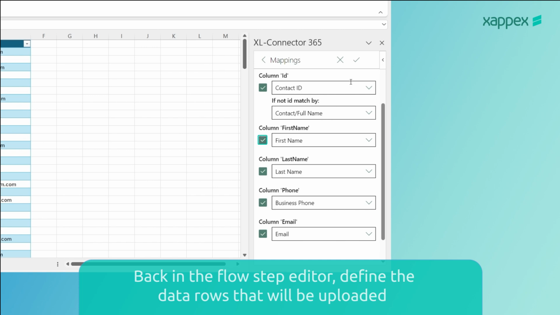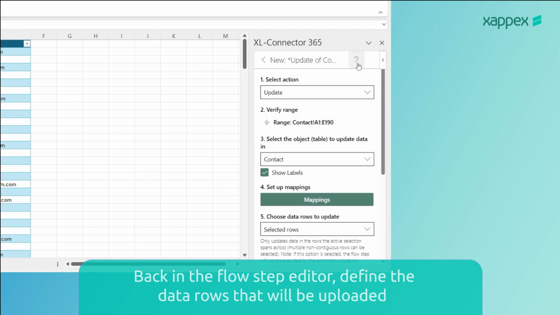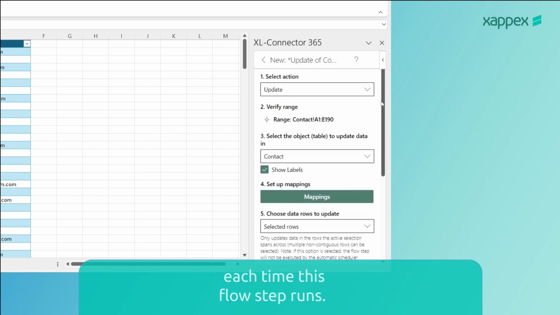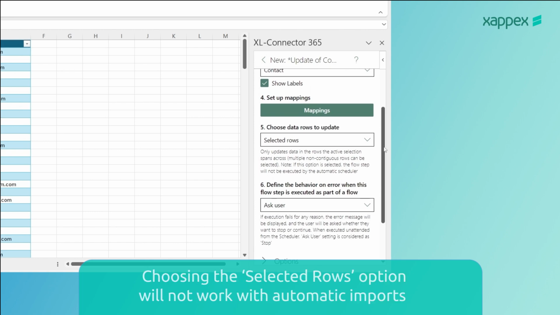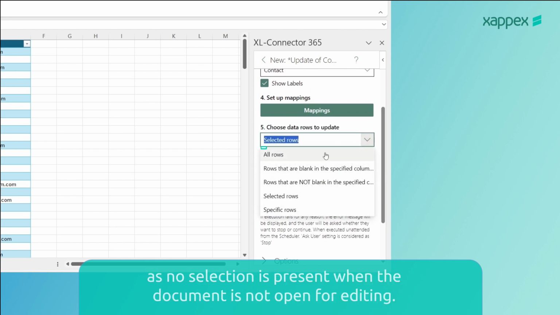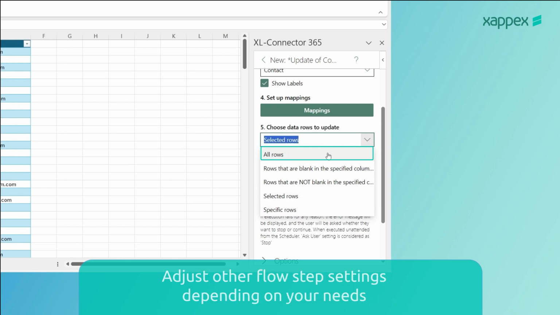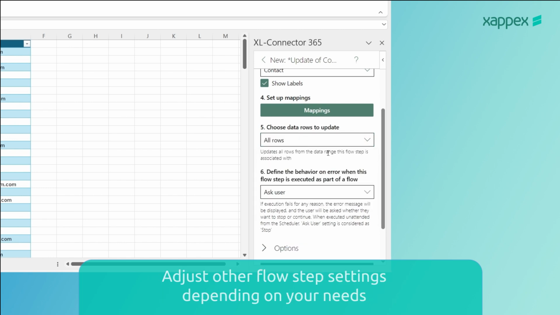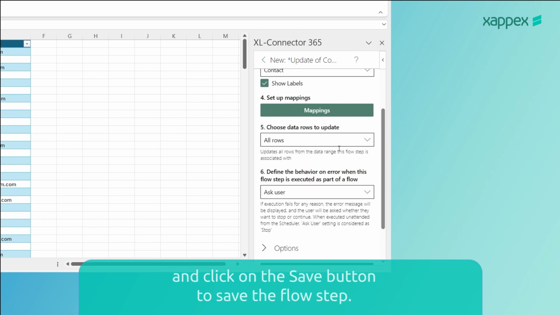Back in the Flow Step editor, define the data rows that will be uploaded each time this flow step runs. Choosing the Selected Rows option will not work with automatic imports, as no selection is present when the document is not open for editing. Adjust other flow step settings depending on your needs, and click on the Save button to